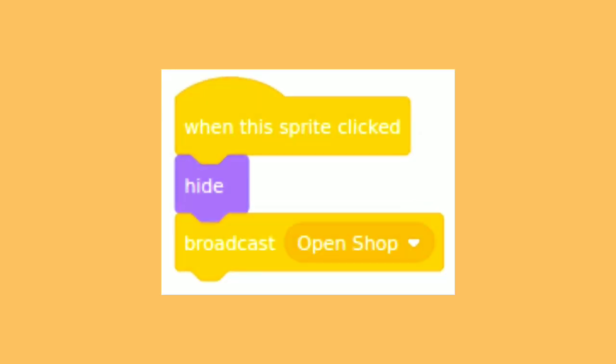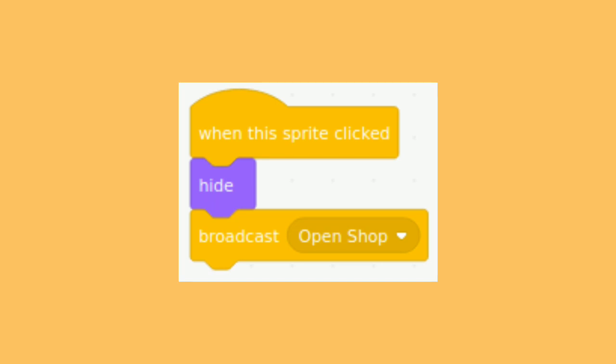And then this piece of code is like "when this sprite clicked, hide, broadcast open shop", which means that when that shop sprite is clicked, it actually opens the shop, which is just a tiny little menu, and then that shop sprite hides and is replaced by a close button. The close button is a separate sprite, so we don't have anything about that right here. And the close shop is something that is broadcasted by the close button. Again, we'll talk about it later. And when the shop is closed, it will be shown again, so that the player can open the shop again when they need it. And so that is it for our shop sprite.